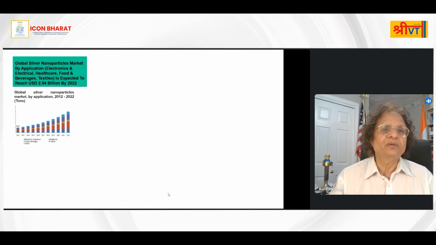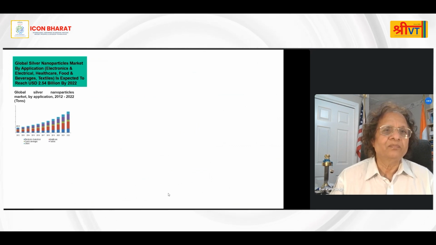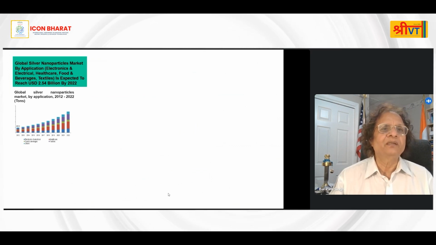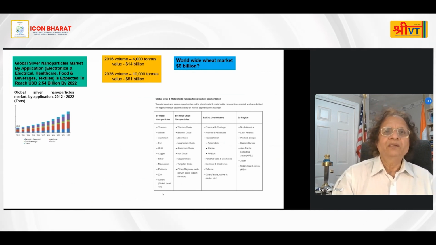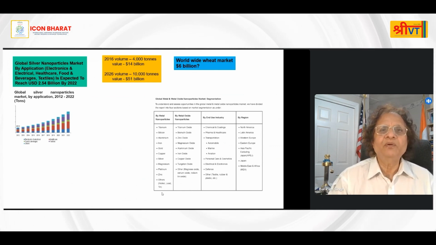Nanoparticles are being used for a variety of things. So even silver nanoparticles, the field is pretty wide open and lucrative. There is a risk even in this area, $2.5 billion industry in 2022, because it can be used for electronics and various other things. I looked up the overall nanoparticle industry. It is expected to be $51 billion